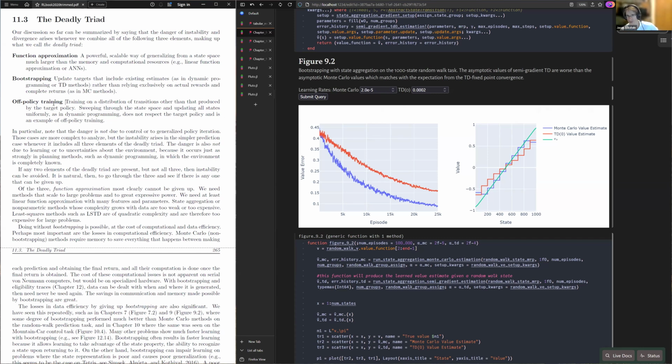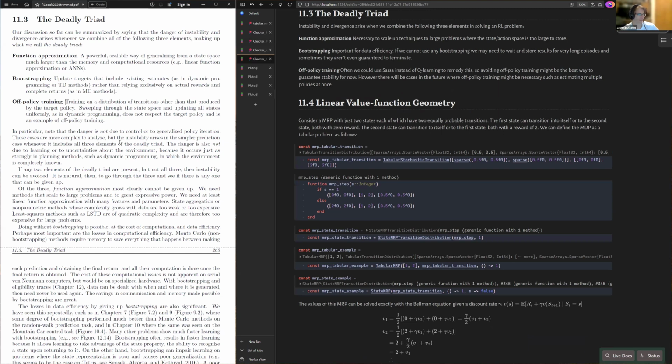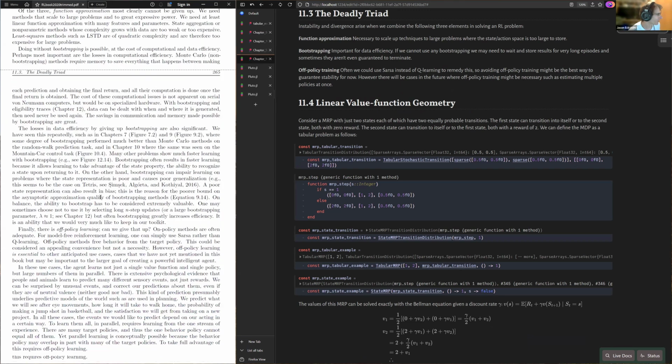Later on we'll see there is a method that, with only linear approximation, can avoid some of these problems. But otherwise, if we just proceed with off-policy training as we've tried so far, we can see that none of the algorithms that we have can handle it unless you properly account for the distribution of states being visited. So in the book they mention